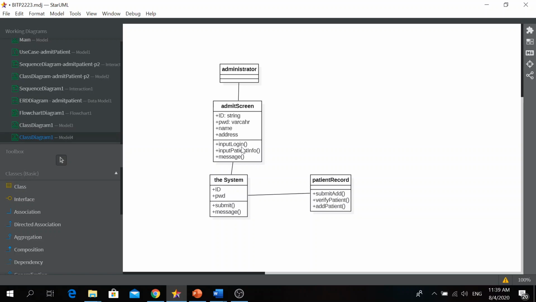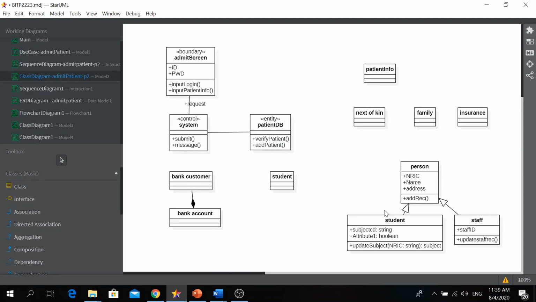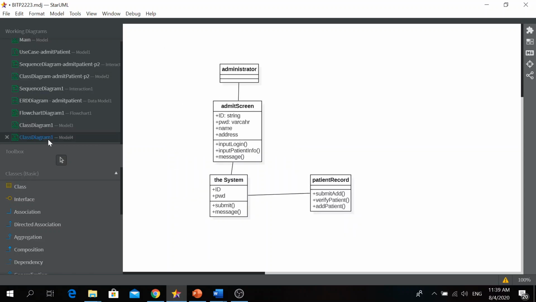So you need to update the operation signature here. Like this one. So you need to update this one. I think that's all for the class.